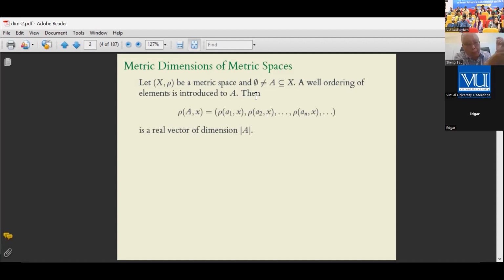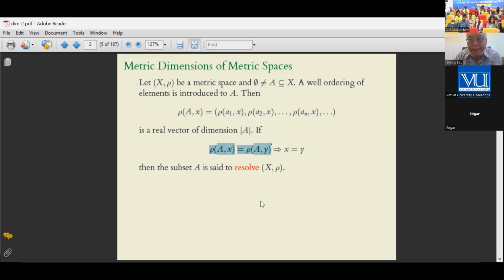every set can be linearly ordered, of course, but this subset we are probably considering at most countably infinite. Therefore, the elements can be ordered. And then you look at every point in the space X, going the distance to that set. This is not the distance to the set, it's distance to the elements of the set as a vector. If these distances are distinct for two different points x, y,